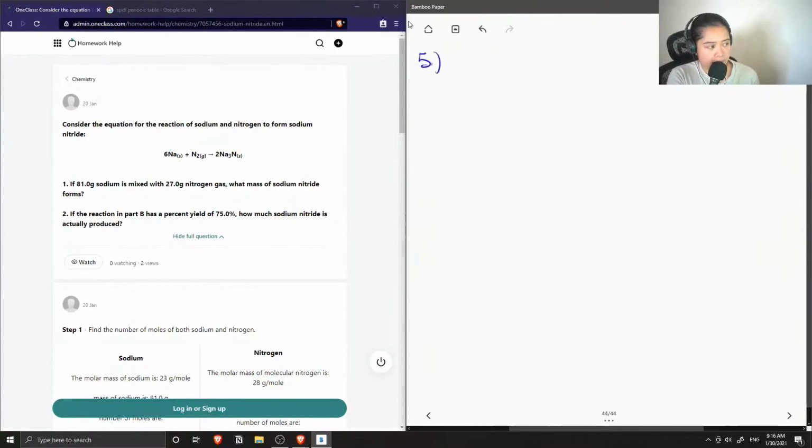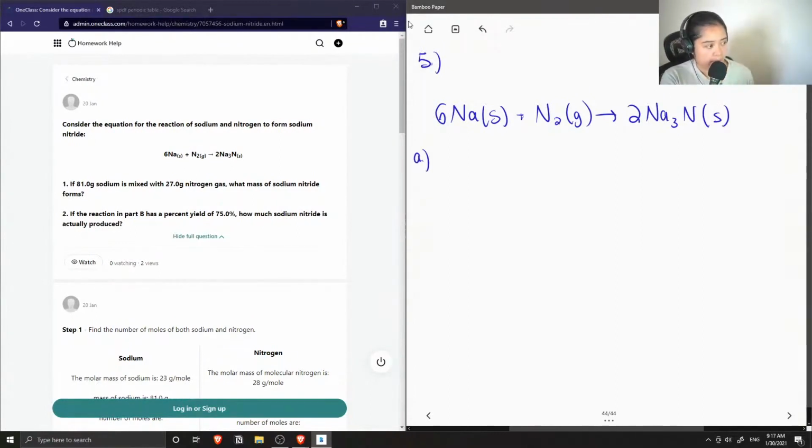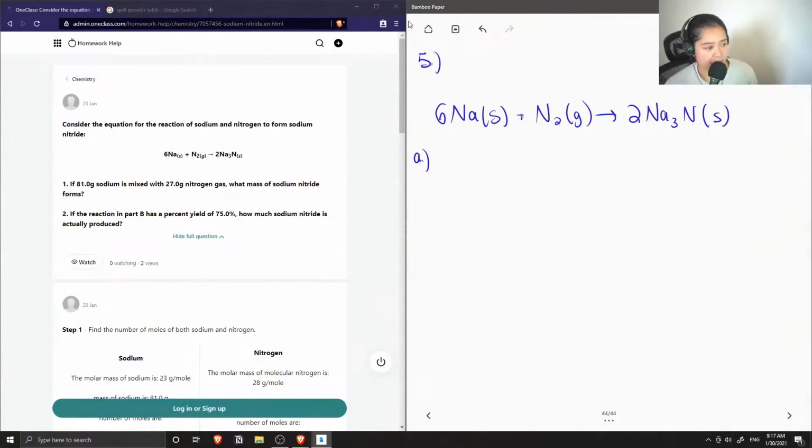Let's consider the equation for the reaction of sodium and nitrogen to form sodium nitride. So we have 6 sodium plus nitrogen gas produces 2 moles of sodium nitride. For part A, if 81 grams of sodium is mixed with 27 grams of nitrogen, what mass of sodium nitride